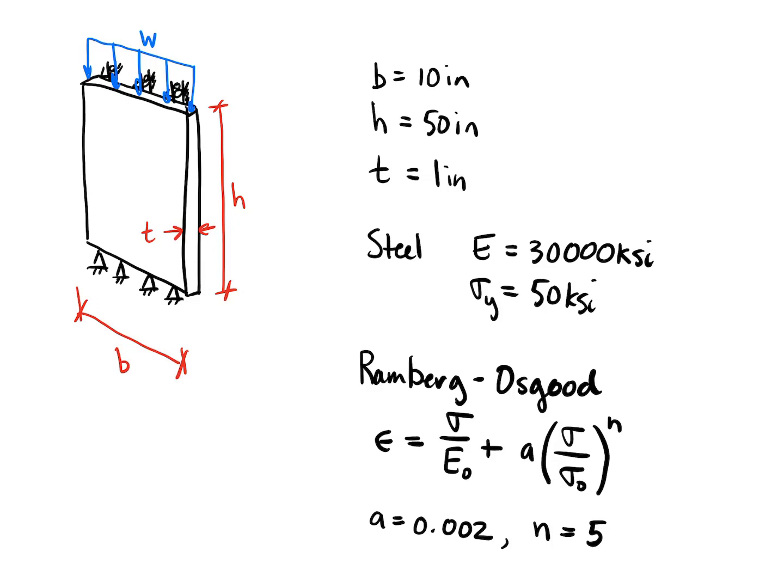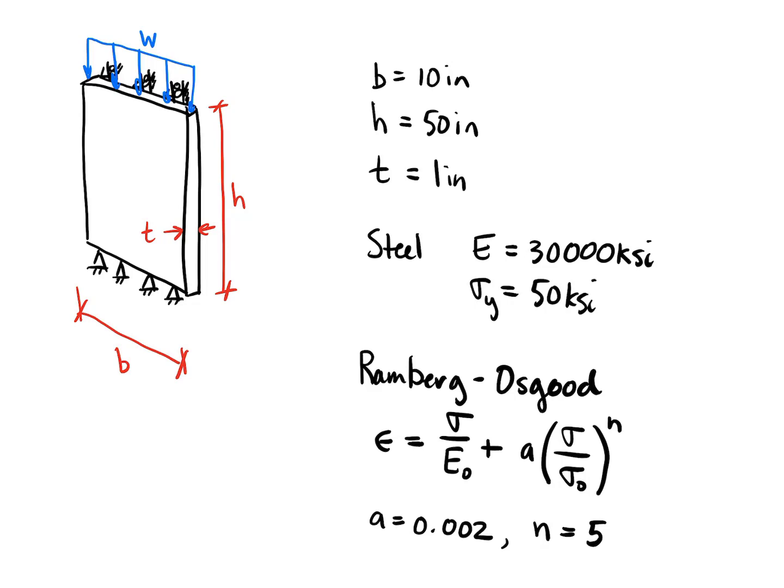In this example, we will look at buckling of a plate. The plate is pinned at the base and pinned at the top. The supports at the top allow for vertical translation. The plate is loaded by a distributed load W,